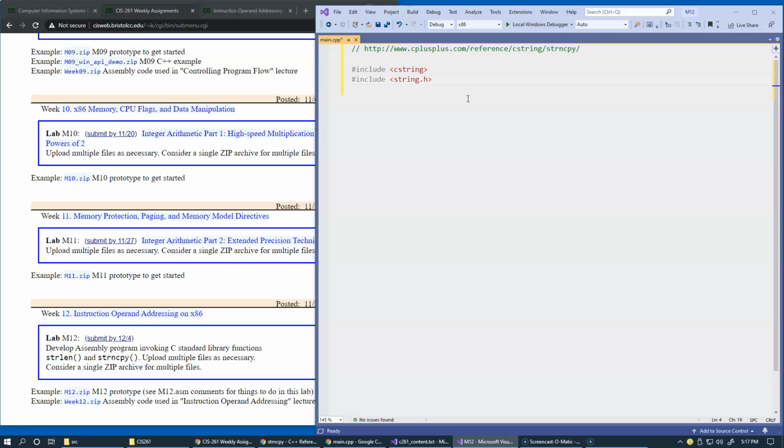But because this is by default configured as a C++ configuration, the standard practice to include C standard library headers in C++ is to use the same name as the C header name, but prefix it with c, and there is no extension at all. So I'm just going to do this. Okay, and all I need is just my little main function with a return statement,